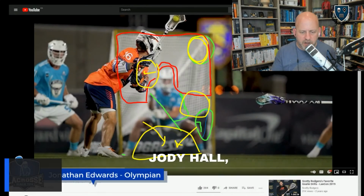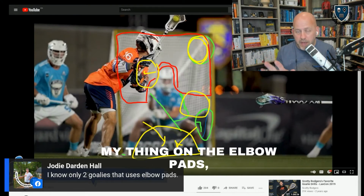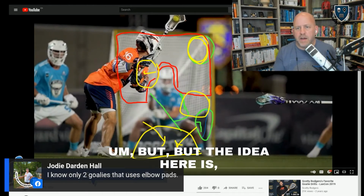Okay. Jody Hall: I know only 2 goalies that use elbow pads. Yeah. And listen, my thing on the elbow pads, I've said this before, is I'm more concerned with elbow pads on maybe the off stick elbow. Right. Comes in handy when you're running out of the cage. But the idea here is,